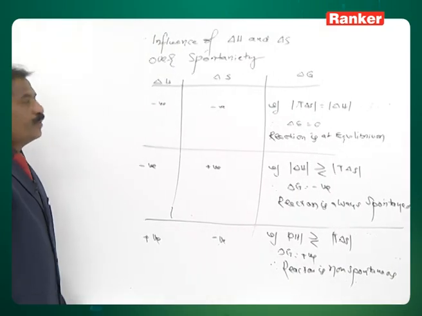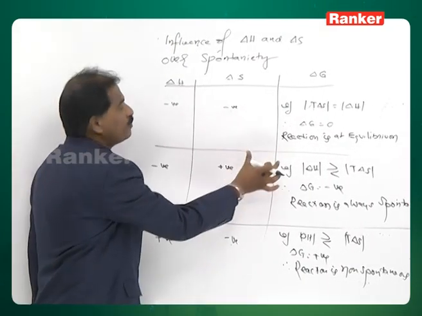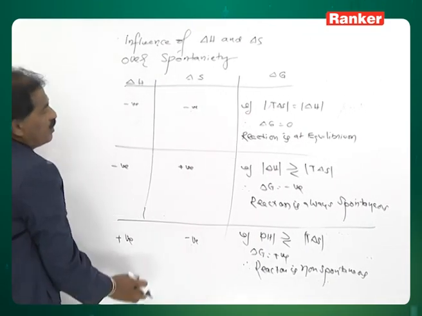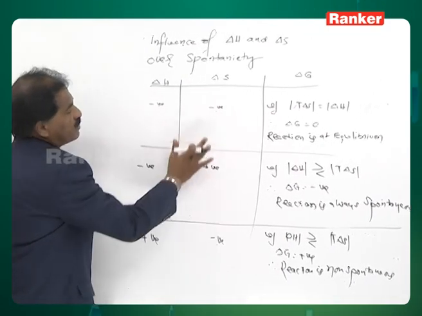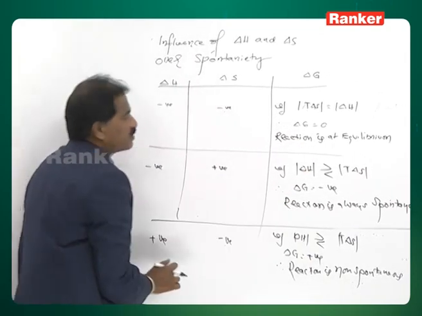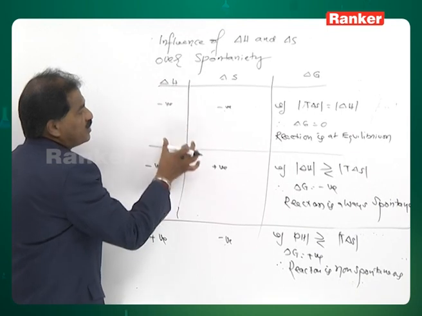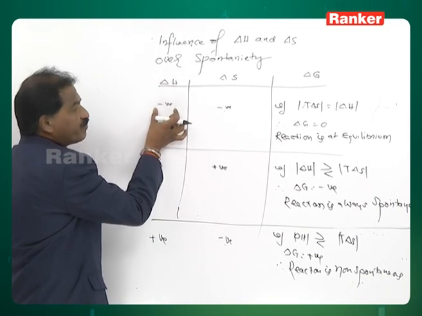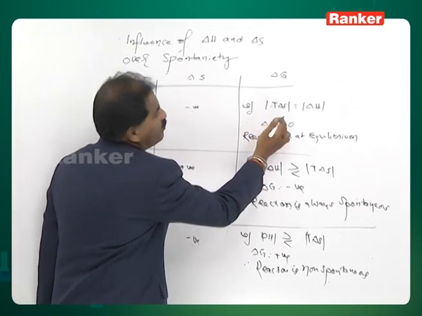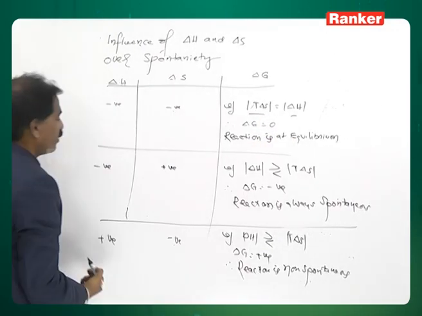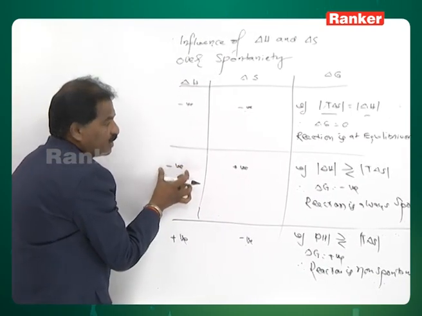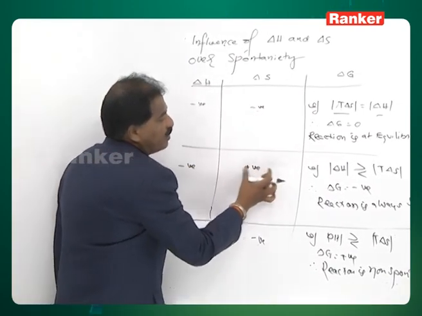Non-spontaneous. Therefore, based on the enthalpy change and entropy change, we can predict the sign of the free energy change. So, under 3 conditions, the reaction can be at equilibrium, spontaneous, or non-spontaneous. For the equilibrium condition, enthalpy change must be negative and entropy change must be negative, but their magnitudes must coincide with each other. Here you observe enthalpy change is negative, entropy change is positive, but here